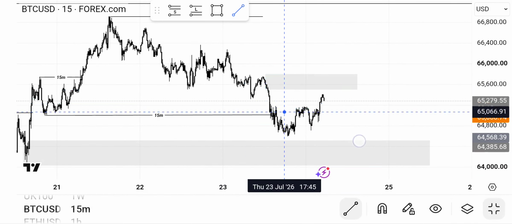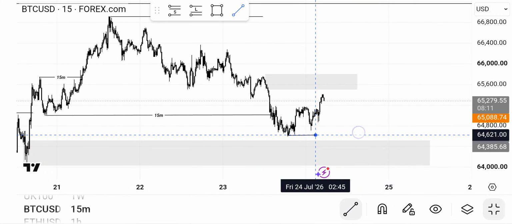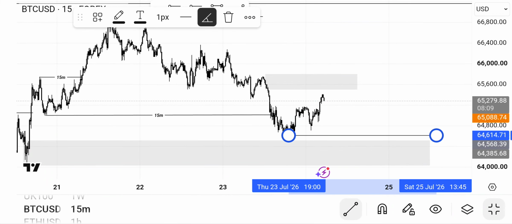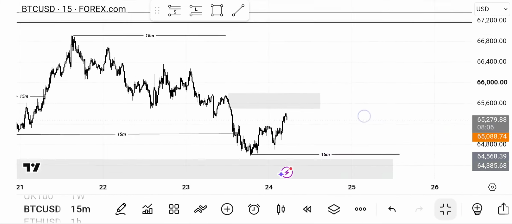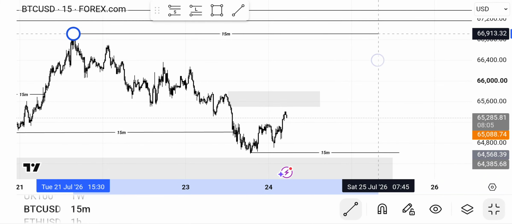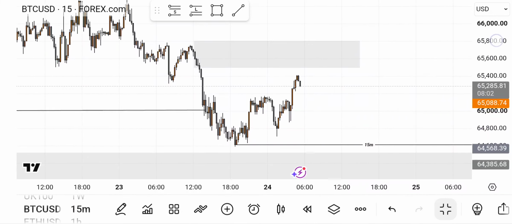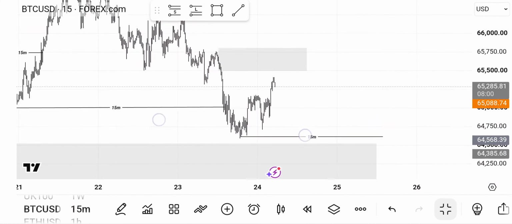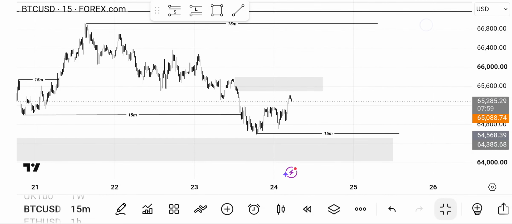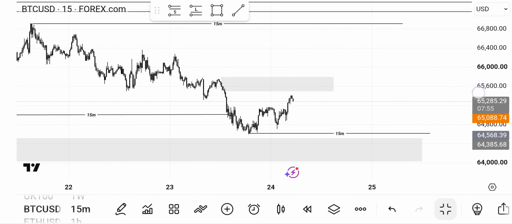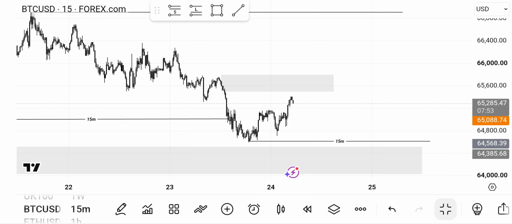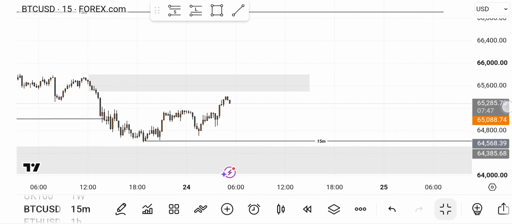So a new range low has been formed. This is the 15 minutes range low, this is the 15 minutes range high. So yes, things are still looking like it will be bearish from here. We'll just be watching it. This is like what I was talking about, the price came into before buying. But anyway,